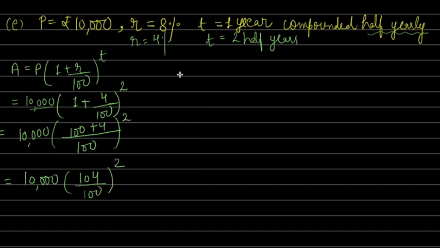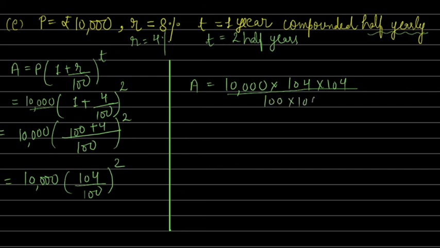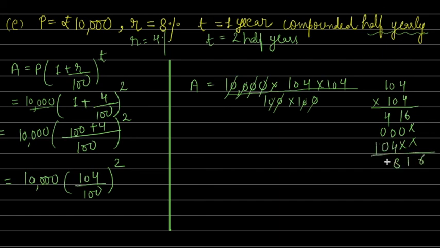Now you see my denominator, I am getting 10,000. That was the purpose, I have not simplified it here. So the amount will be how much? 10,000 into 104 into 104, and what we are having in the denominator, 100 into 100. So 1, 2, 3, 4 and 1, 2, 3, 4. So I am left with 104 into 104. Let's do this in the rough column. How much will it be? 4 4s are 16 and 4 1s are 4. Any number into 0 will give you a 0. Now 1, 4, 1 into 0 is 0 and 1. 6, 1, 8, 0, 1. So this is giving you 10,816.